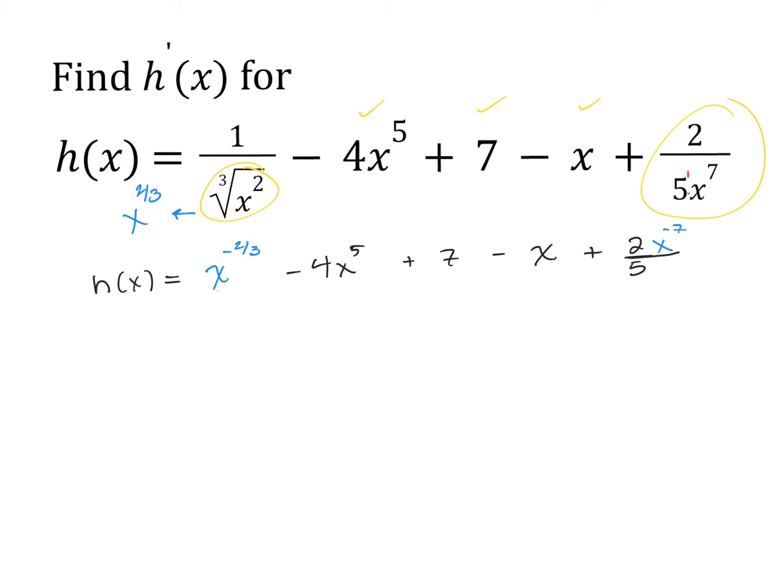So let's go ahead and take the first derivative of this, h prime of x. We can use the power rule for everything now. So the first one is -2/3 x. Now, remember, we multiply and then we subtract 1. So we're subtracting 1, but we're going to rewrite 1 as 3/3 because we have a common denominator. And that gives us -5/3. Then we're going to use the power rule again, and we get -20x to the 4th plus, now, this